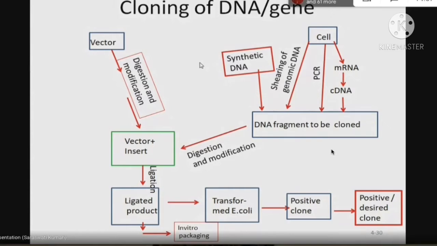So what we generally do is colony PCR, which is a 3-hour job. We have the primers already available since we have done PCR cloning. So we have everything available, PCR and primers. So within the same day, we can find out whether we are getting a positive clone or not. From all these positives, we can take a few colonies for assurance, and then we isolate plasmid and double digest. Are you getting my point?